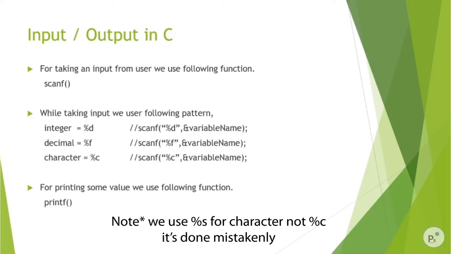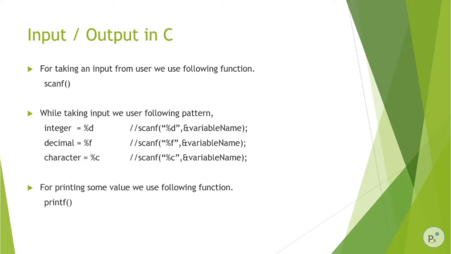While taking input from user, we use the parameter, as you can see there, integer as %d, decimal value as %f, and character as %c. The syntax for scanf is scanf in parenthesis %d, meaning we have taken an integer value from user, so that's why it's necessary to define %d,